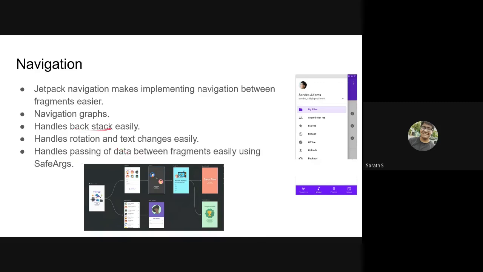It also handles what's called a backstack. Backstack is basically when you go back, your app shouldn't close, right? It should show the screen you were in before. So what it does is it stores all the screens in a stack. You may have heard what a stack is. It's basically like a stack of books, right? You could take the books from the top. You can't take the books from the bottom. I mean, it's not synonymous to real life, but you get what I'm saying.